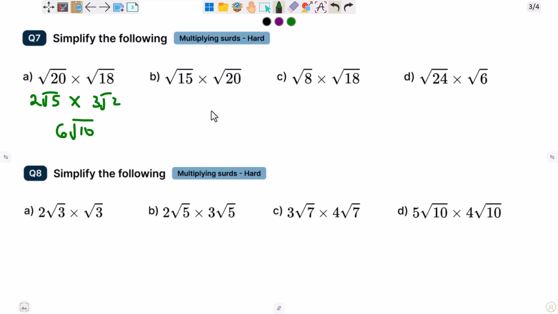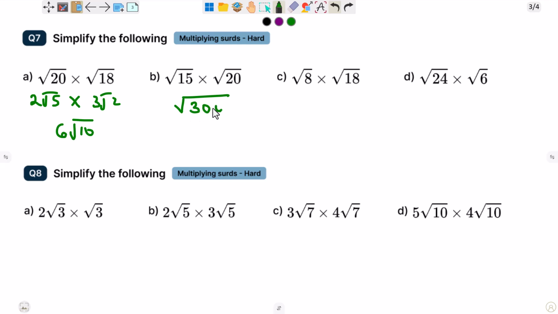And you do the same thing here for 15, which is 5 root 3, if you want to really do that way. But none of those two numbers is anything like a surd. Well, not that they are not surds, but there's no way you could simplify it like this. All right. So what I think, you have to multiply 15 times root 20, and that will be the square root of